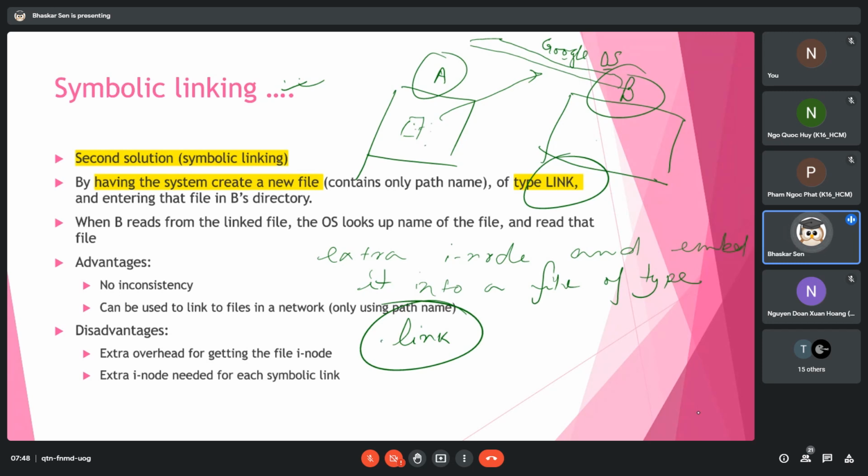So you create a link, and then this link will be handed back to you. It's not sharing the link. Google is not sharing the link automatically. The moment you want to share the file, you ask Google OS, and OS will generate an extra inode for each link and will then create a link like this. And once it creates a file of type link,